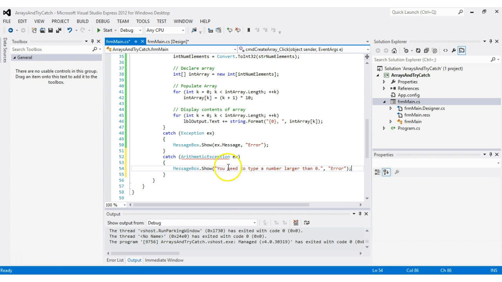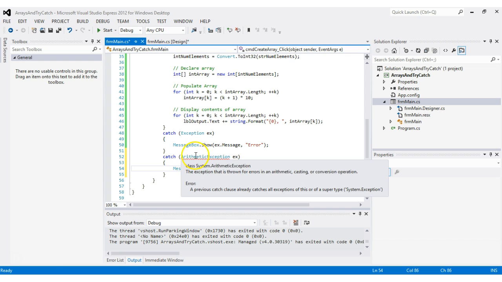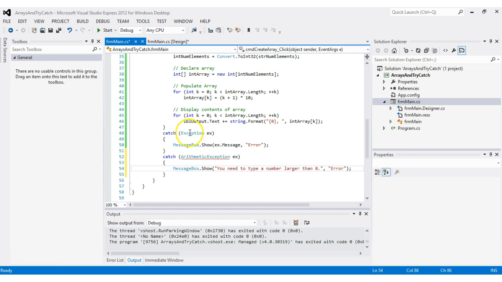Okay, now in this case, we actually don't need to catch the exception, but what we're doing is we're telling it that we want to catch this type of error message. Alright, so now, pardon me. So what we're doing is we're just simply trying to catch this error message, and it says the previous catch clause already catches all exceptions. Now here's the problem. This one up here, because it says exception, this would do any exception. We want to put this one first,